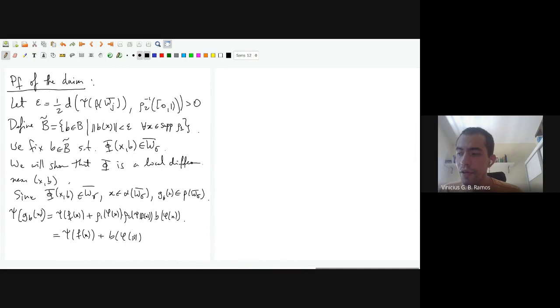And now basically what we want to do is look at this inverse map. It's very simple, because this map here is clearly invertible. You just subtract the polynomial. So, basically, if x prime and b prime are sufficiently close to xb,